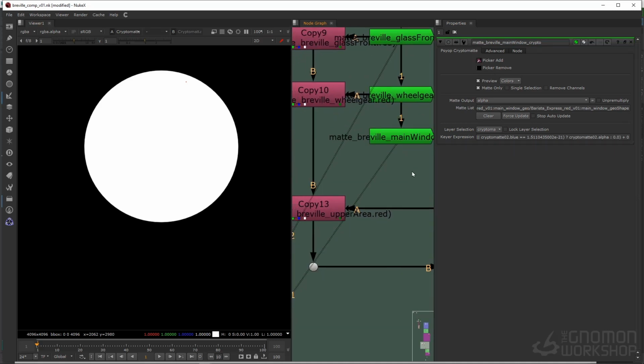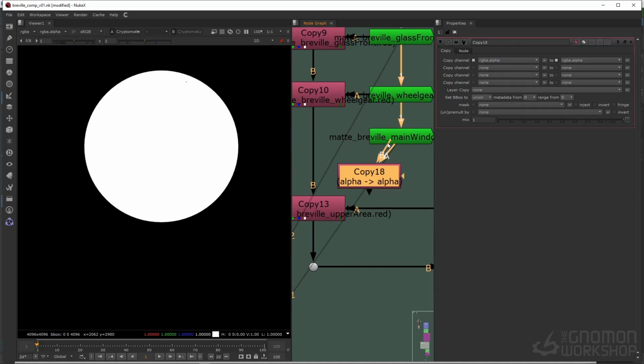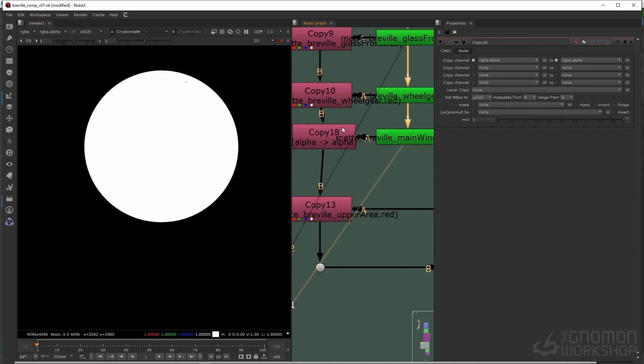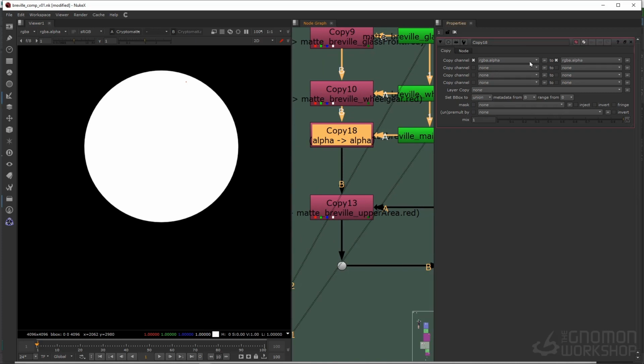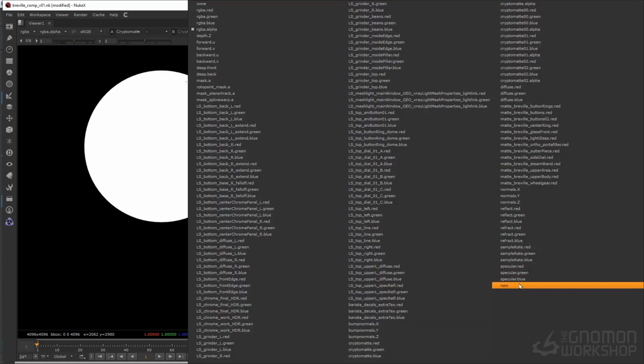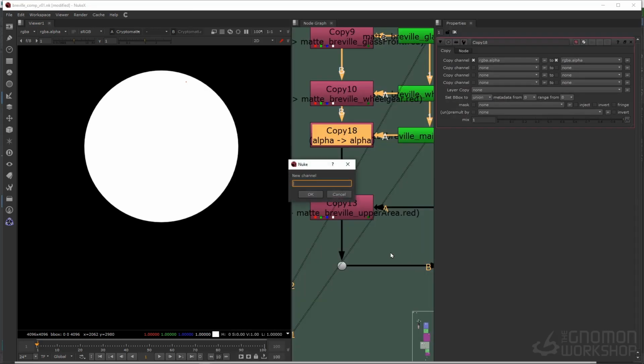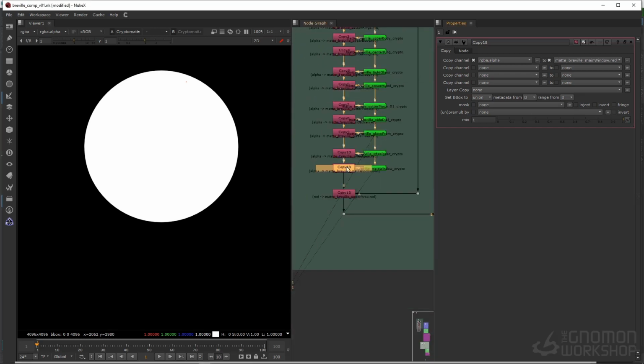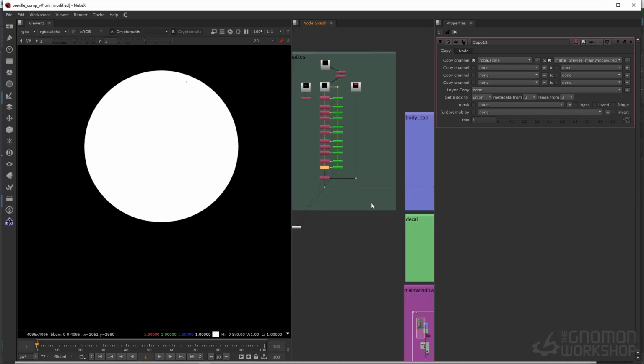And I'm going to do the copy. So K to copy A into B. Let's sneak this guy in here. And what I'm doing again is grabbing this alpha and pushing it into a new channel. I'm going to go here and hit new. I'm going to say mat underscore Breville main window dot red. Create a new layer called mat underscore Breville underscore main window. Hit yes. And now this new mat is inside this stream, and I'm going to go all the way down